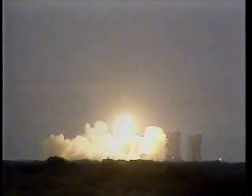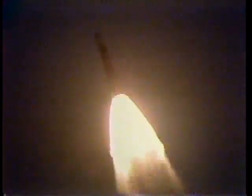And again, there's what it looked like at 6:05 Eastern Standard Time, the vantage point from Cape Canaveral, a successful launch, and continues to be at this point in time of GOES H. As soon as it's in place, it will be GOES 7. This is sort of the tip of the iceberg, though, because it will take an elliptical, kind of an egg-shaped path around the Earth for the next couple of days, and then settle down over the next 30 days to its final position, its resting place at about